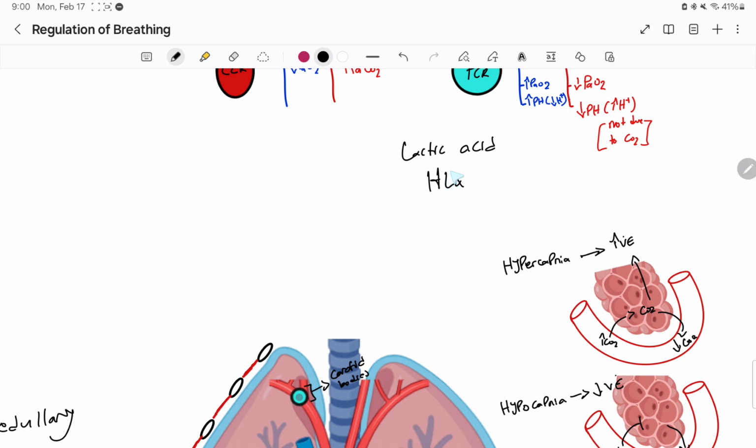During exercise, you make this lactic acid, and this lactic acid makes its way into the blood, and it separates into two parts, a lactate ion and a hydrogen ion. Forget about this lactate ion, okay? You don't have to worry about what this does. This actually contributes nothing to fatigue. This guy, though, this guy contributes to fatigue, and also this right here is one of the changes in pH